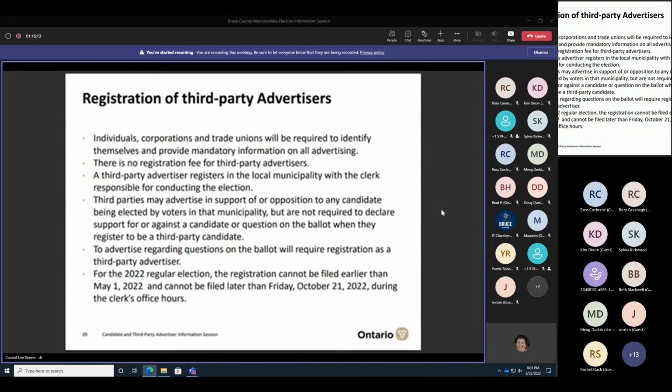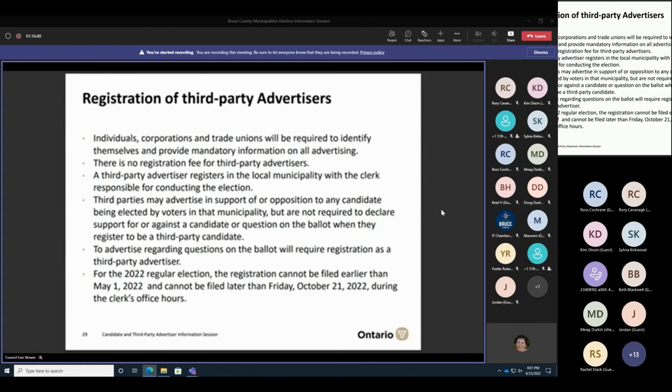So registration of third-party advertisers. As we've said before, individuals, corporations, and trade unions may register to be third-party advertisers. There is no registration fee for third-party advertisers. So the third-party advertiser would register with the clerk at the local municipality as per Section 88, Subsection 6, which